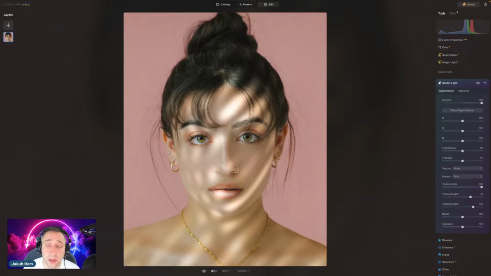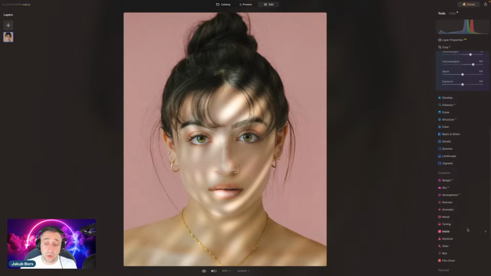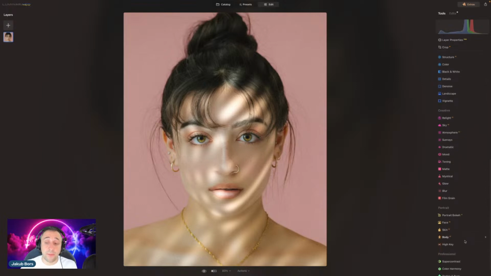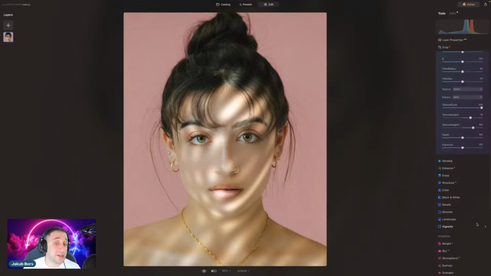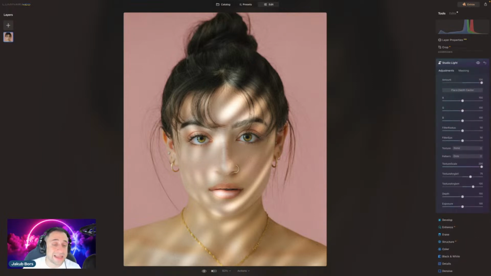So a little bit similar to other portrait tools like maybe a portrait bokeh or face, it actually scans the image and looks for the subject. Once it finds it, it applies the effect to it. So let me show you quickly when I bring it down, adding the effect like this, you can see the